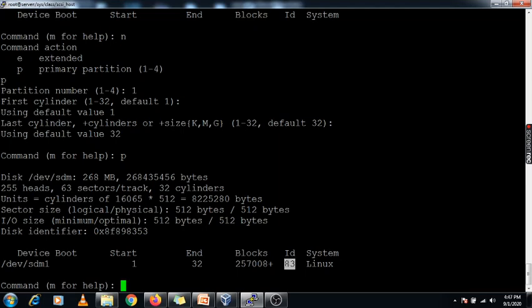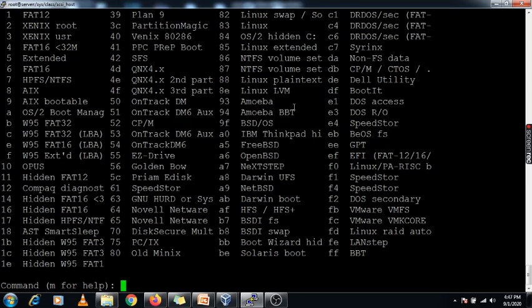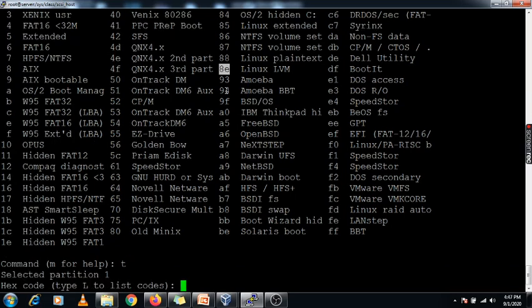Now we are going to change that Linux ID from Linux to Linux LVM. You need to list using capital L. Here all these parameters you will get using the capital L command. To change, you need to use the small t option.